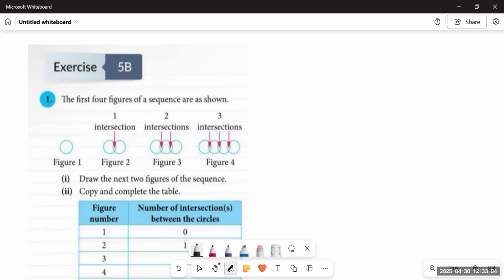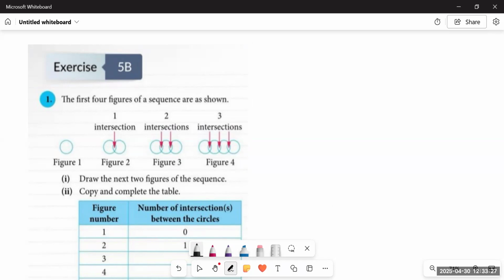This is Think New Syllabus Mathematics Book 2. And today we are going to start exercise 5B of chapter number 5, number patterns. We have already covered some of the questions of exercise 5A. Now it's time to move towards exercise 5B, having number patterns in chemistry. So we'll try to figure them out and we will try to relate them in the real world context.